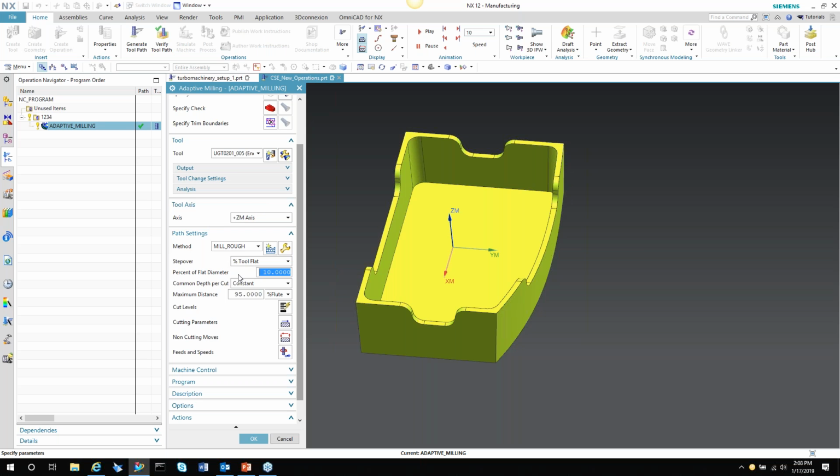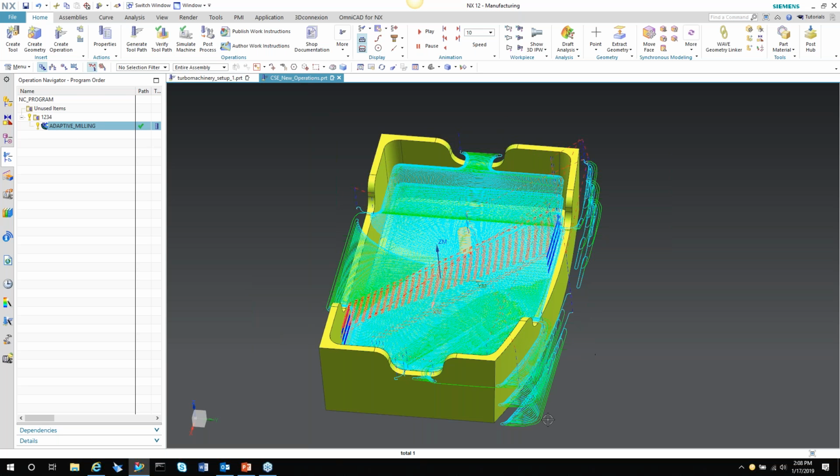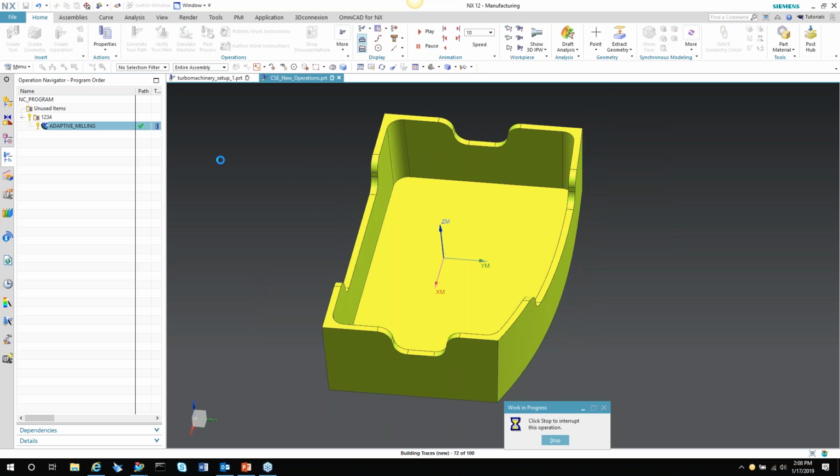Your step over percentage of tool flat, I have 10%, and I have a constant depth of cut that's 95% of the flute. And everything else is the same. So in an effort not to have to generate this, to see the toolpath, I do want to show you how quickly it does generate this toolpath. This algorithm is very quick. So when I hit generate here, right now it's tracing and it's giving us cut